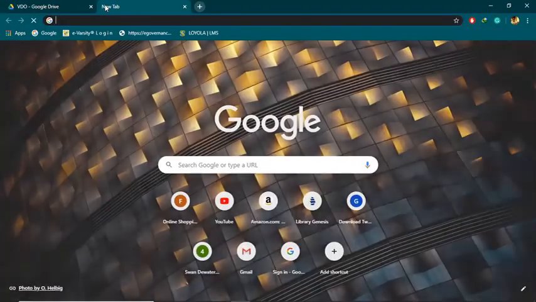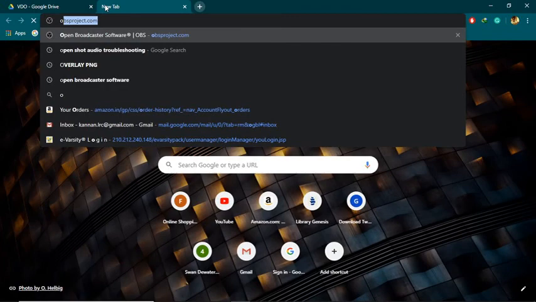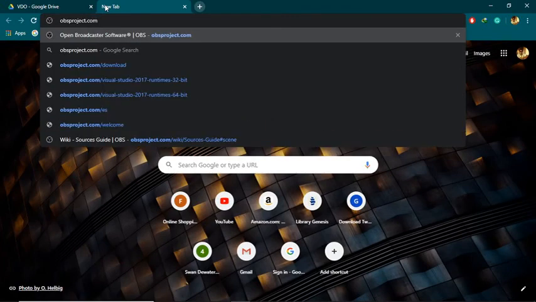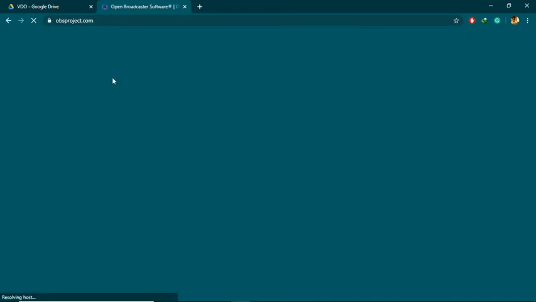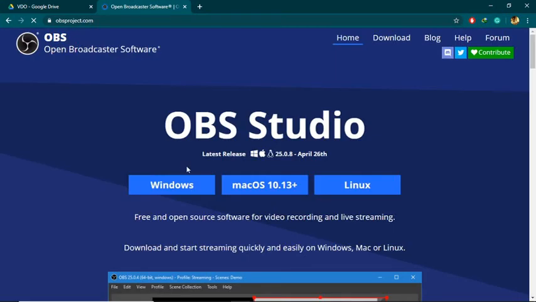If you have not installed it, this is what you should do. You should go to your browser, type obsproject.com as you could see above. You will be taken to this website where you have three options. In the first option, you have the Windows variant of OBS Studio and Mac OS variant of OBS Studio and Linux version of OBS Studio. I'm very sure that 80 to 90% of us will be using Windows, right? Otherwise, you could choose the other two.